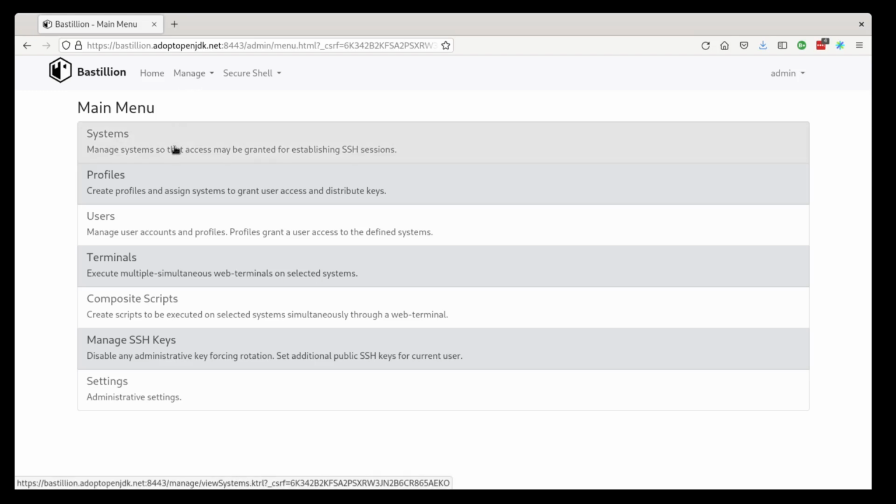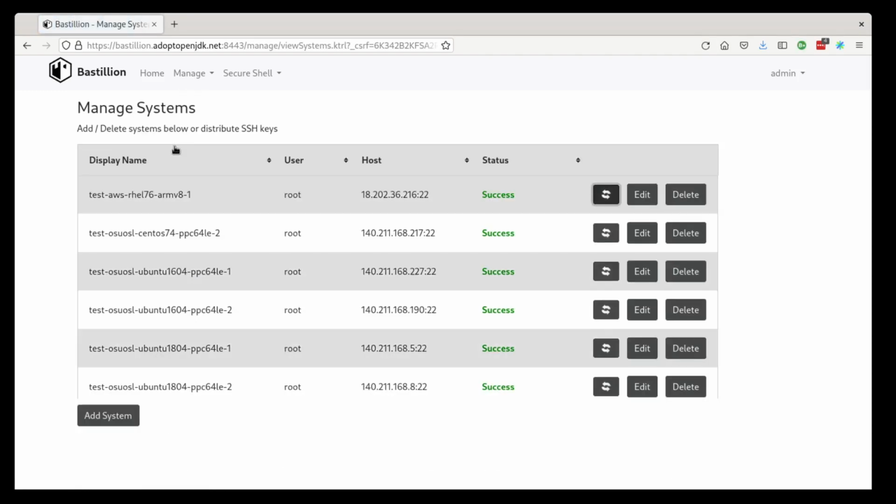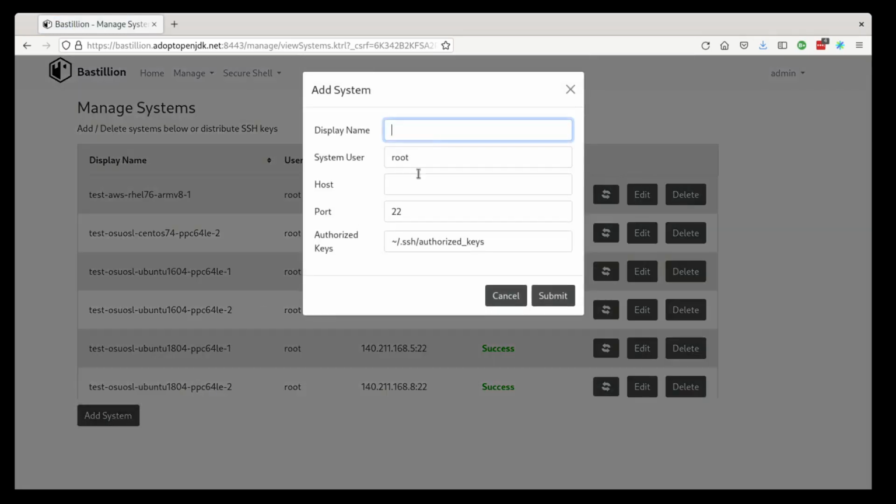So for the purposes of adding a new system, we go into the systems panel, add a new system. The machine name here is test Maris Ubuntu 22.04/1 to follow the same naming convention that we use for most of the other systems. On the Bastillion server, we've normally got two separate system definitions for each machine. One is to control access to the root account,